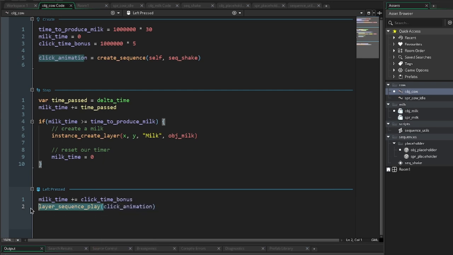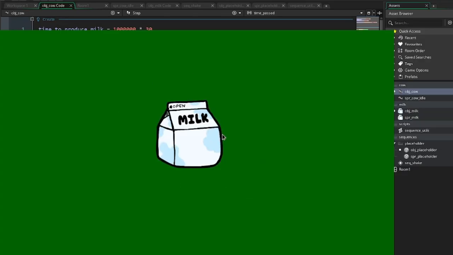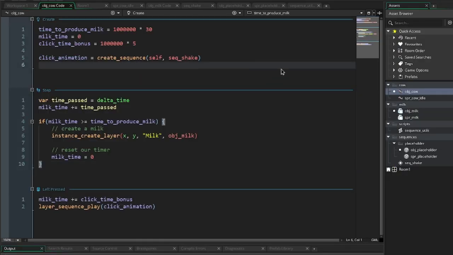And so every time we click it, it should animate. So let's run the game and see. Oh, my cow disappeared. What? It's playing. I think we want to put the sequence to the end of the animation so that it's not trying